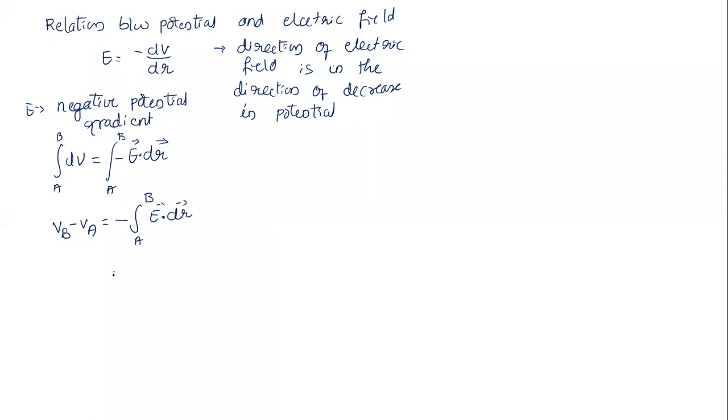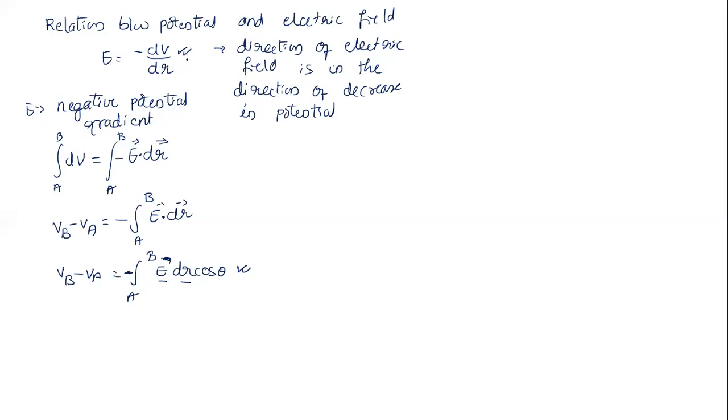So E dot dr we can write like this, students? Integration from A to B of E dr cos theta, that is VB minus VA, with a negative sign. This you need to remember, because based on this formula we get so many numerical questions. It will be easy to solve because sometimes they give the electric field and distance in terms of vector notations, position vectors. In that case it is useful. If only a magnitude is given, you need to go for this formula.